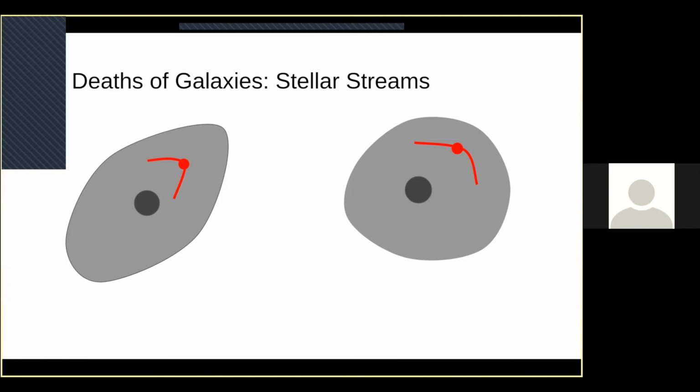Now, what some of you may have noticed about the structure of this talk is that we're moving from older and older ideas to more and more cutting edge ones. And we're going to talk about sort of the most cutting edge of these ideas next. And that's that we can use these galaxies not just to understand the shape of dark matter, but maybe to understand what dark matter is, one of the biggest mysteries in astronomy.